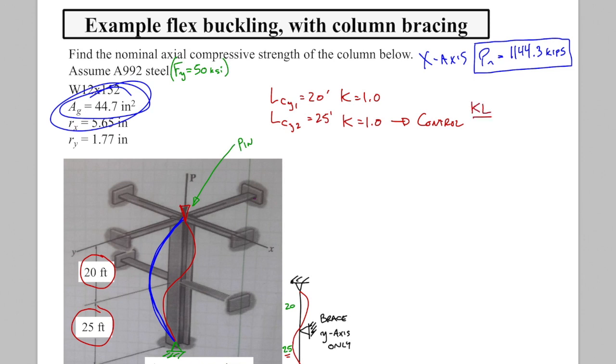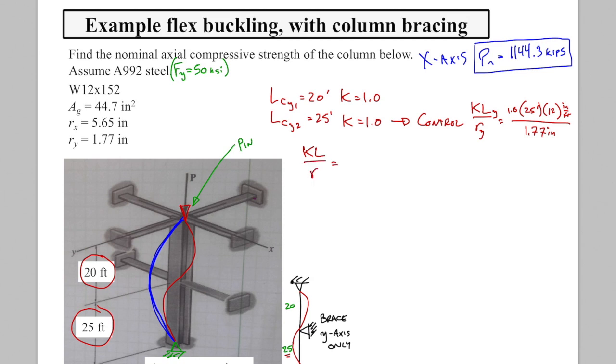So my KL over R, Y is equal to 1 times 25 feet. Remember, I need to convert inches per foot. Over here on the right, my RY is 1.77 inch. That gives me a KL over R equal to 169.5. And that is not smaller than 4.71 square root E over Fy. If you remember, this was equal to 113. Therefore, I need to use